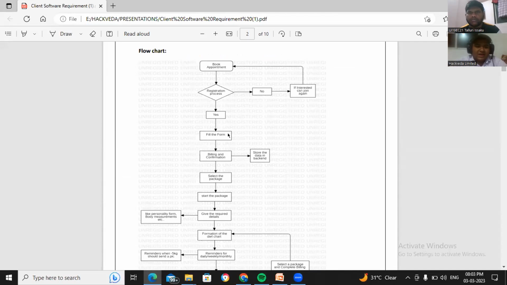So suppose your client requirement is this. See, this flow chart is really good. You explained it really well, but why are you using this flow chart? Why is your software in this format? How will I know? Yes sir, I know that this is the client requirement, but why is it in this format? Why does it start from book appointment? Why is there a fill form? What is the need of that? You didn't explain the context.